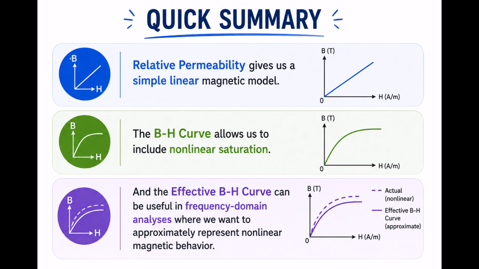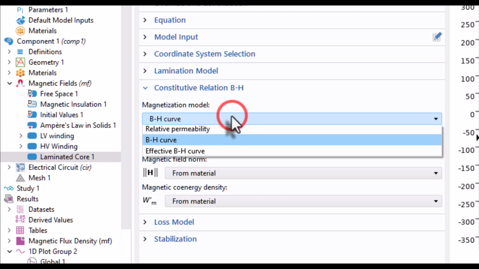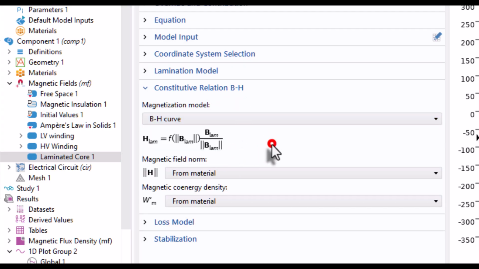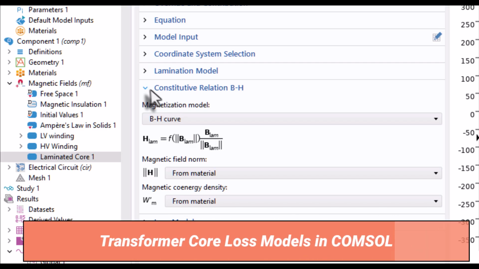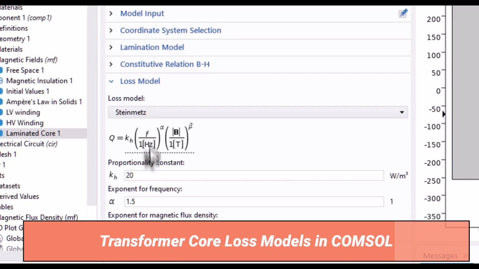The BH curve allows us to include nonlinear saturation, and the effective BH curve can be useful in frequency domain analysis, where we want to approximately represent nonlinear magnetic behavior. For our transformer model, I want to preserve the nonlinear behavior that we used before, so I will continue using a BH curve. Now we come to one of the most interesting parts of the laminated core feature, the loss